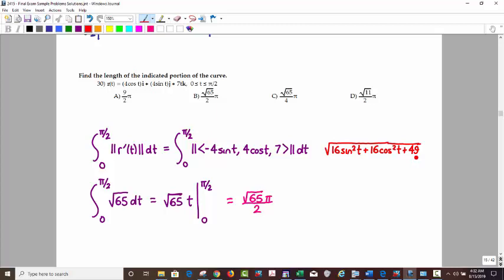Now, this problem, if you don't catch what I'm about to say here, can absolutely drive you nuts. So this is where you've got to recognize that 16 sine squared plus 16 cos squared is just 16, because sine squared plus cos squared equals 1. So 16 plus 49, square root of 65. And so that makes it super easy. It looked like it's going to be hard, but now